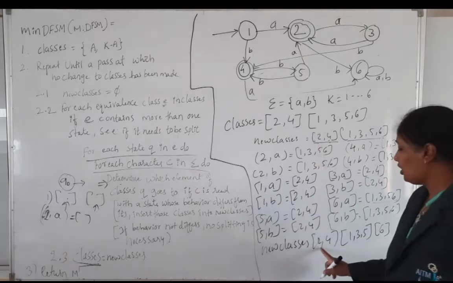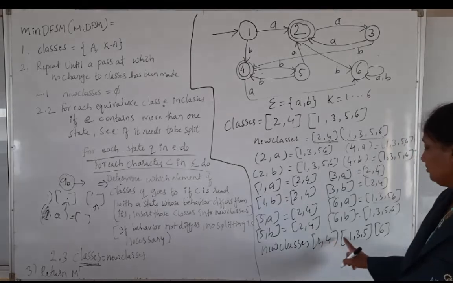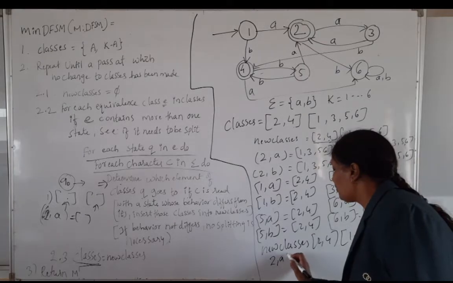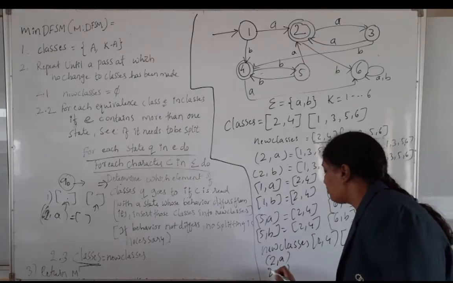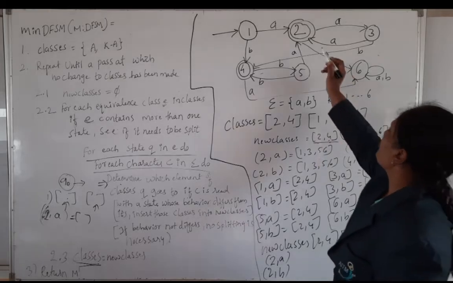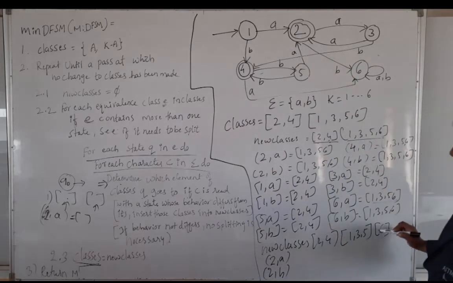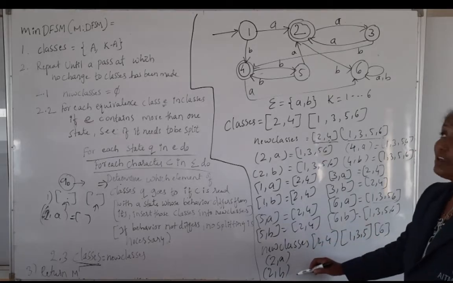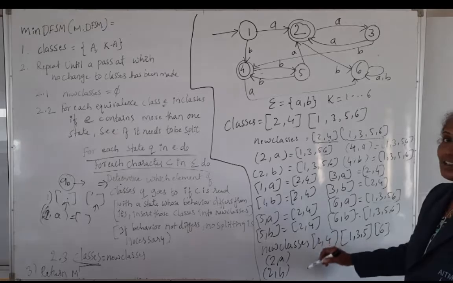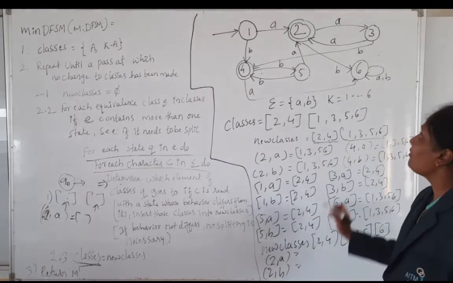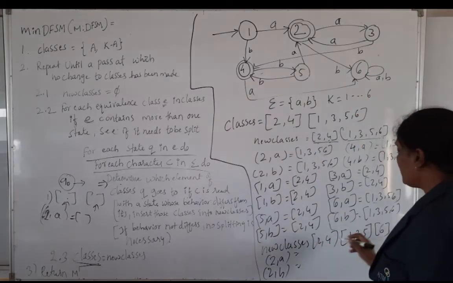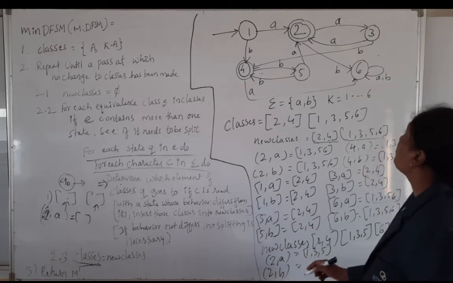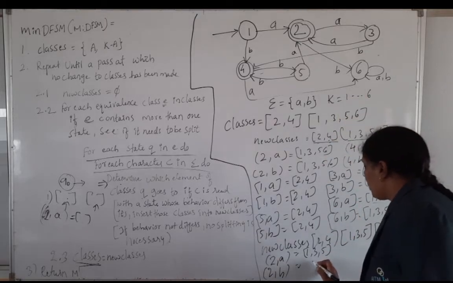Next again you are going to find 2 of A, 4 of A, 2 of B, 4 of B. So here I will write 2 of A, I will check. Next 2 of B. 2 of A, where I reach? See, now there is a change in the classes. So each time when you split the classes, you should find out the transitions and check out which class it belongs. So 2 of A, where you move to a 3. Here 3 is a member of a new class, that is 1 3 5. 2 of B, you are reaching what? 6 here.